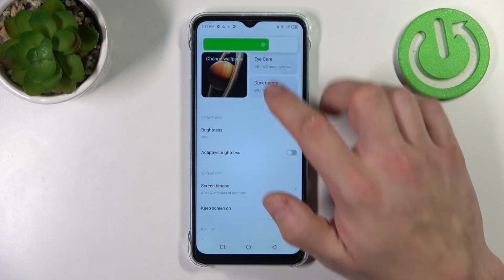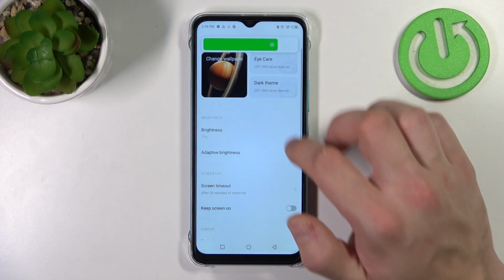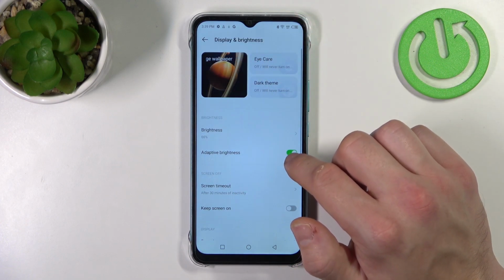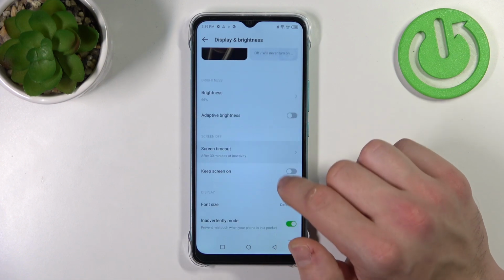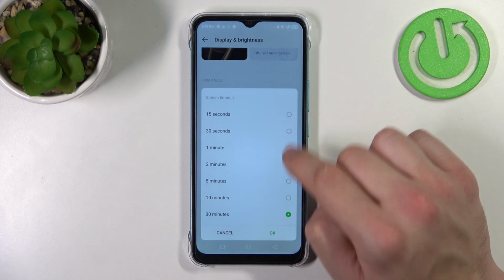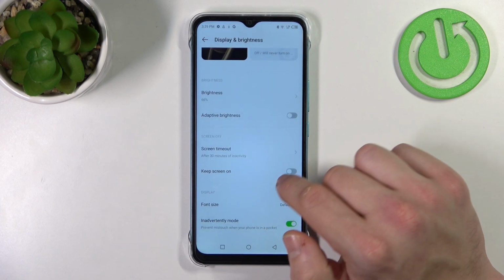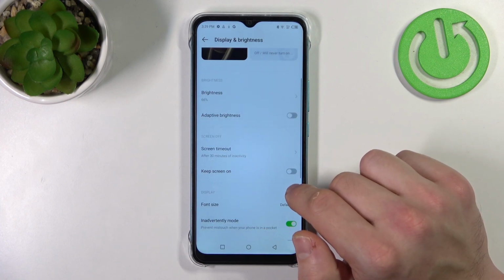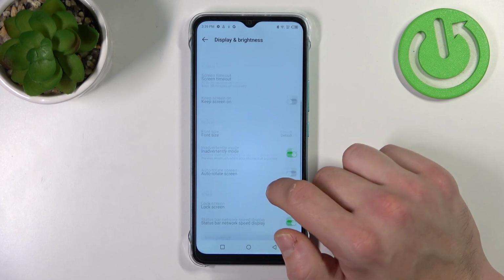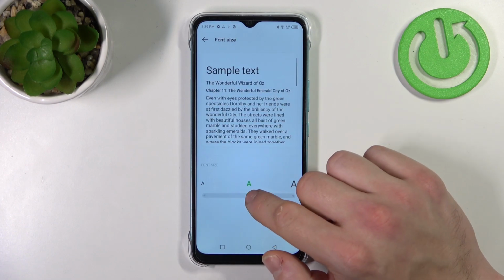Next you can change brightness level of the display, enable or disable adaptive brightness, screen timeout between 15 seconds and 30 minutes, enable or disable screen on, change font size,